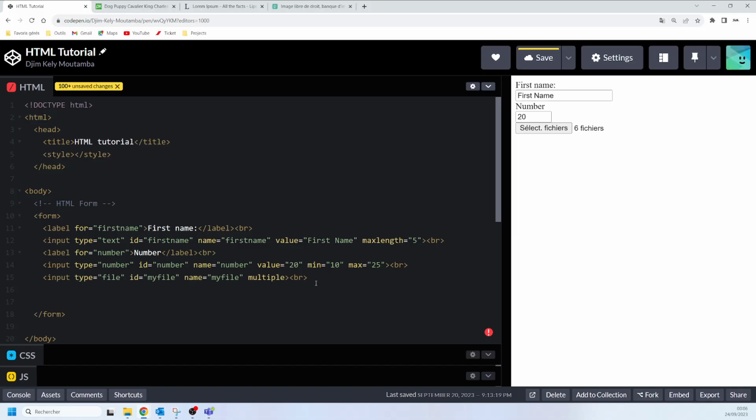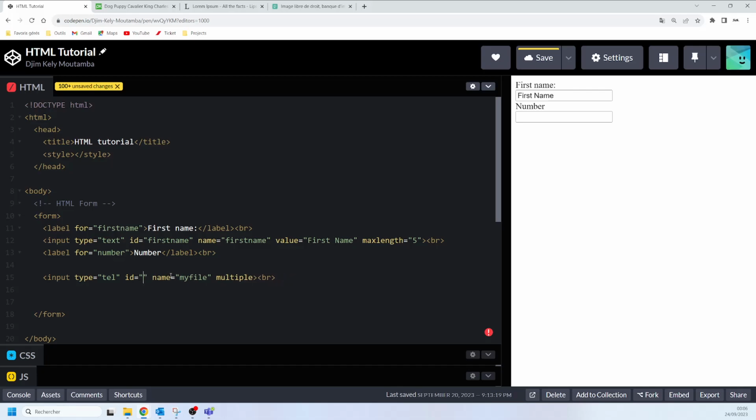Okay, the next attribute that we can talk about here would be the pattern attribute. This particular attribute is going to work with input types like text, date, search, URL, telephone type, email, and password. So let's say, for example, if you are working with tel type,